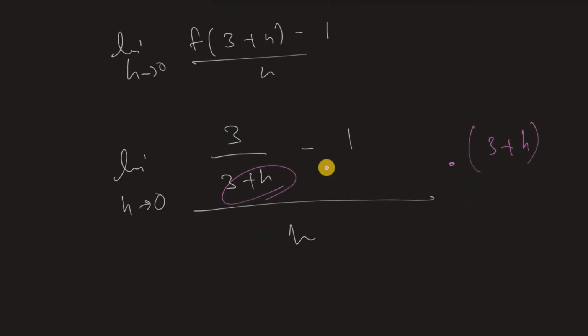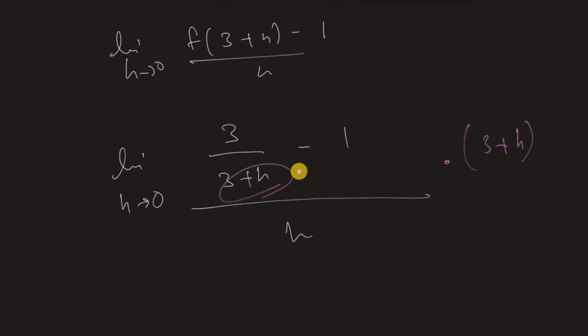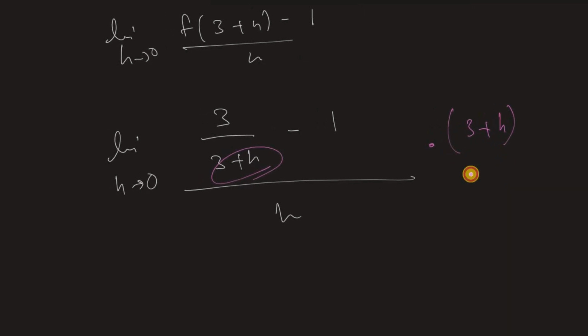Since you have to multiply with the same top and bottom, not only the top, this is going to cancel out, and now we have this at the bottom as well. So then we have here 3 minus 1 at the top,